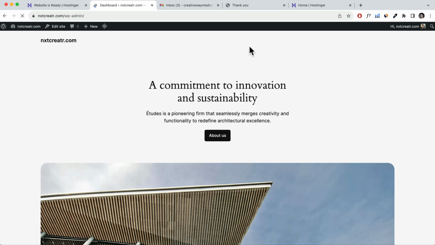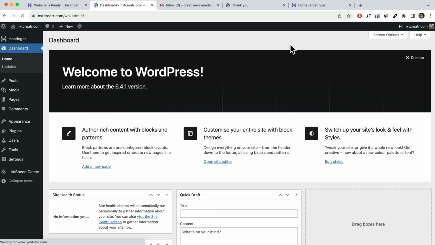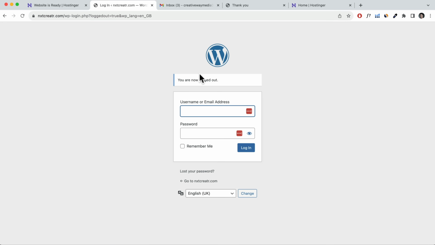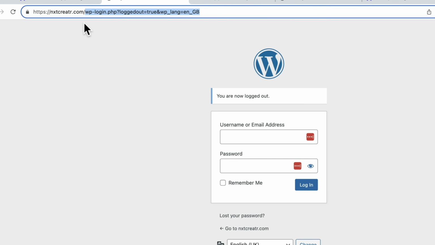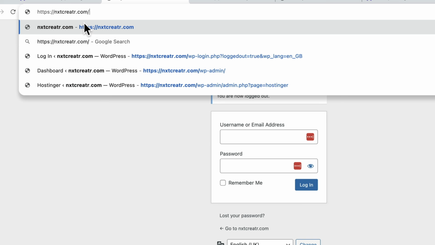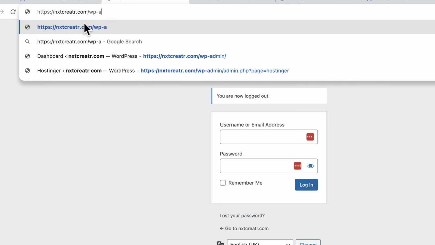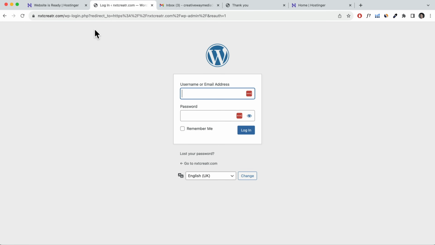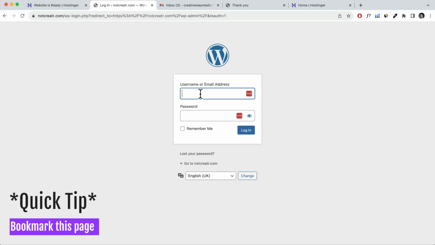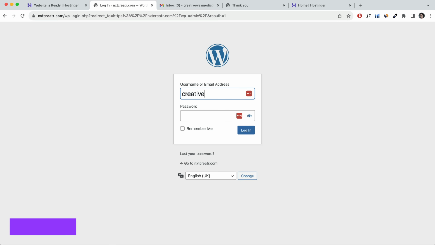I wanted to show you guys how to log out and log back in. If you want to make changes to your website, let's click on log out. And if you want to log back in, you're going to be greeted with this dashboard. We need to type in our domain name and then type in wp-admin and then click on enter. And this is going to redirect us to the login page of WordPress. This is where you enter in your details that you set in earlier for your WordPress account, and